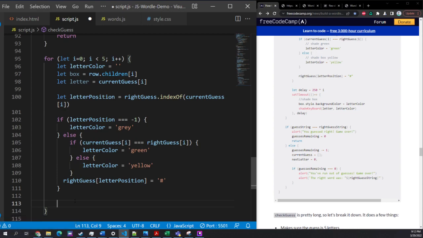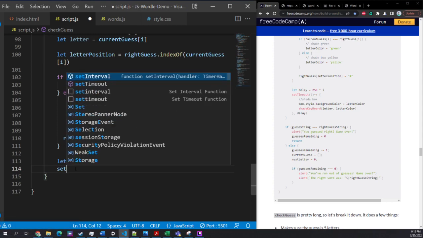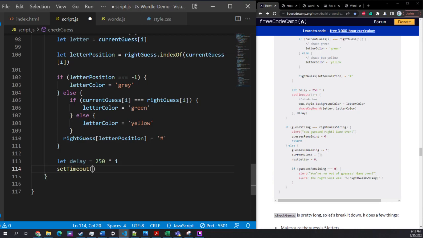Okay, so let's do our delay. Let delay equal 250 times i. I think the 250 is milliseconds. We're setting a timeout, just a little timeout function. I'm not 100% sure how this works, but I'm just doing it for now, putting the Lego bricks together. I haven't really done a timeout before, but basically this is saying inside the timeout function, we're